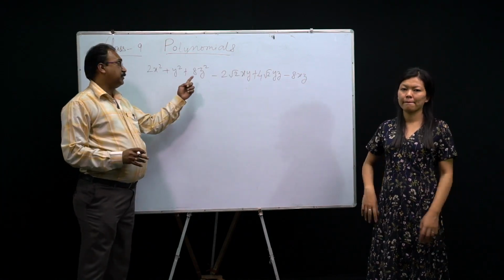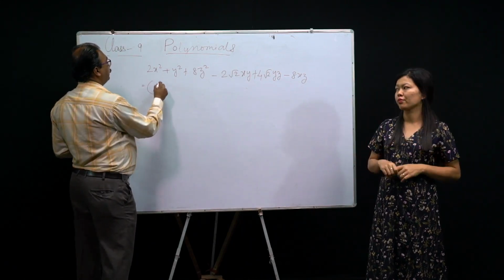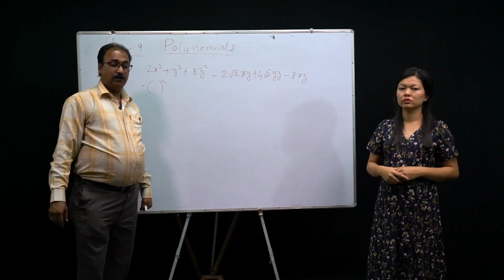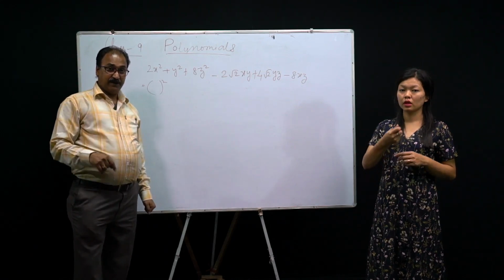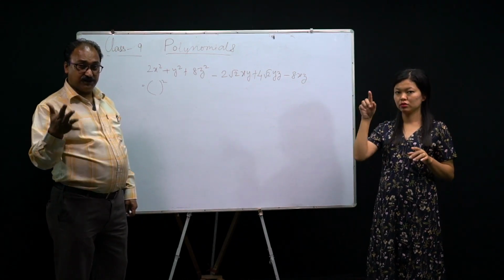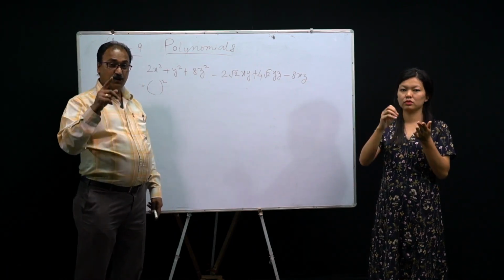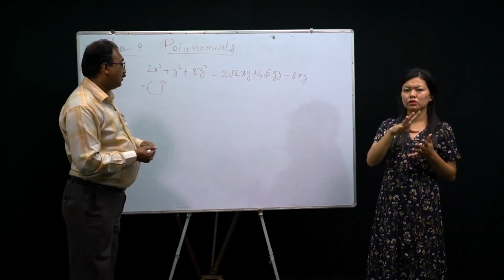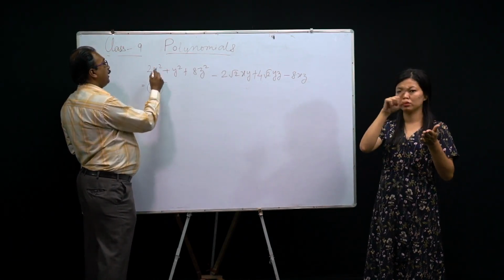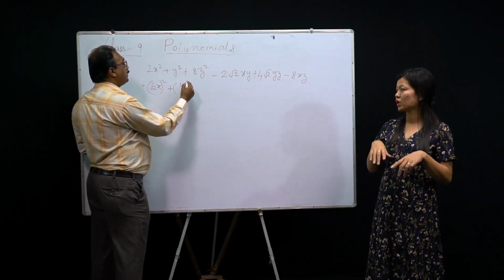Okay. All of you look at this question. Question is factorize. So what I told you, first you have to make this one a square. Now think, which number squared is 2? You learned in the number system: root 2, 2, root 3, 3, root 5, 5. That means root 5 square is 5, root 2 square is 2, root 3 square is 3. You already learned that one, isn't it? So that's why you can write root 2 and x whole square. Clear? Then y, easily you can write y square.